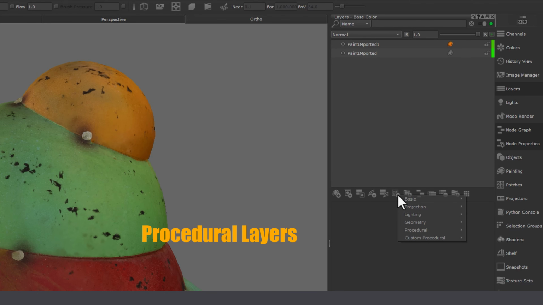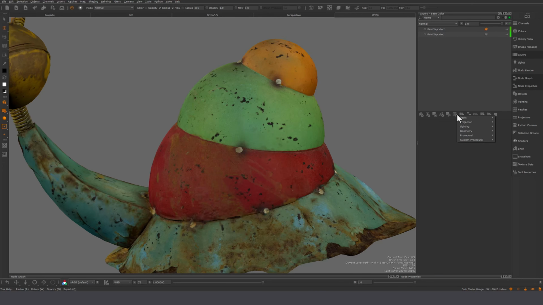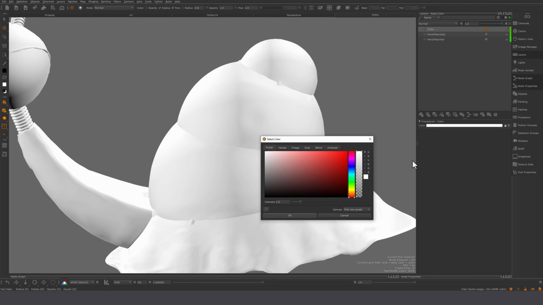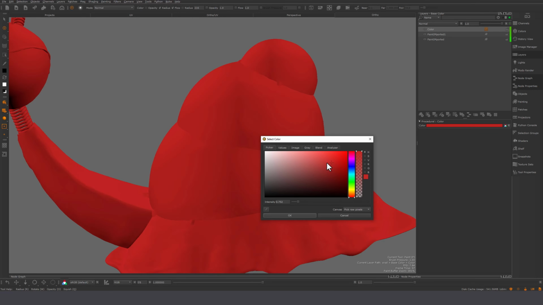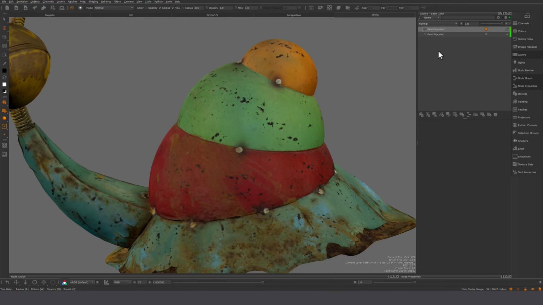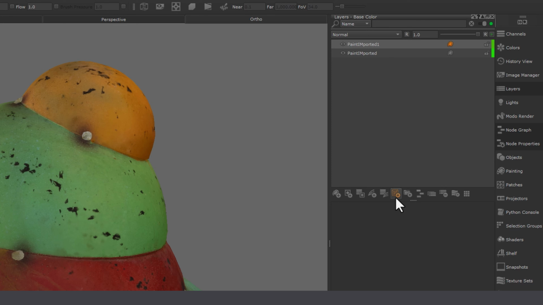Okay, so procedural layers is next, and this is where we find a lot of the power in Mari, to use procedural workflows. For example, here you saw how I used a color, and that's just a way to apply a single color that you can change after the fact, so you're not baking it down. A better example of a procedural layer will be a 3-planar projection. So you can either go here and say